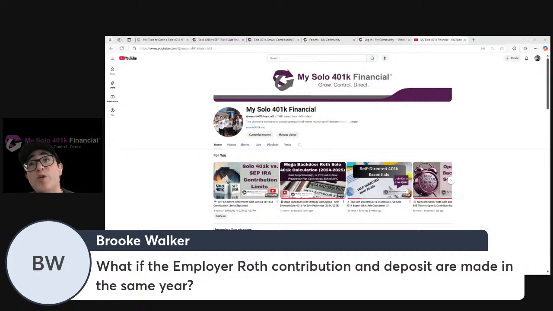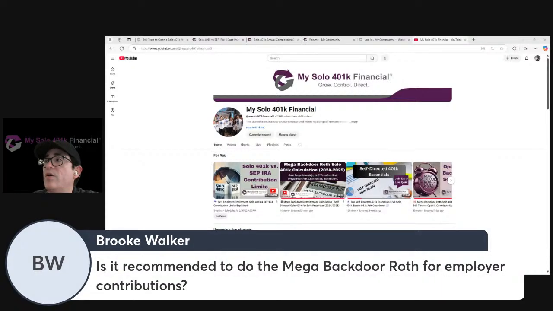Whereas if you make an employer contribution to your Roth solo 401k account and then subsequently want to transfer the money out to a Roth IRA, you'd have to meet a triggering event before you could do that. For example, being age 59 and a half. So that flexibility is another reason that folks will prefer making contributions as after-tax contributions as opposed to making employer contributions as Roth contributions. And so that kind of goes to this question, I would say. Hopefully that helps shed light on that question.